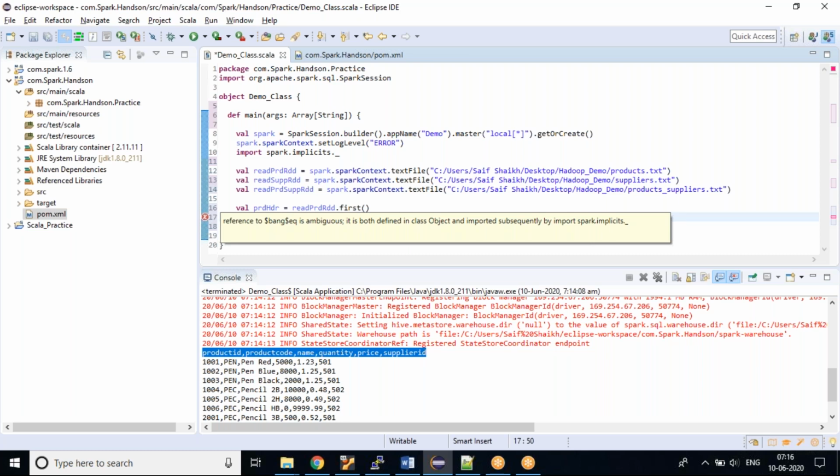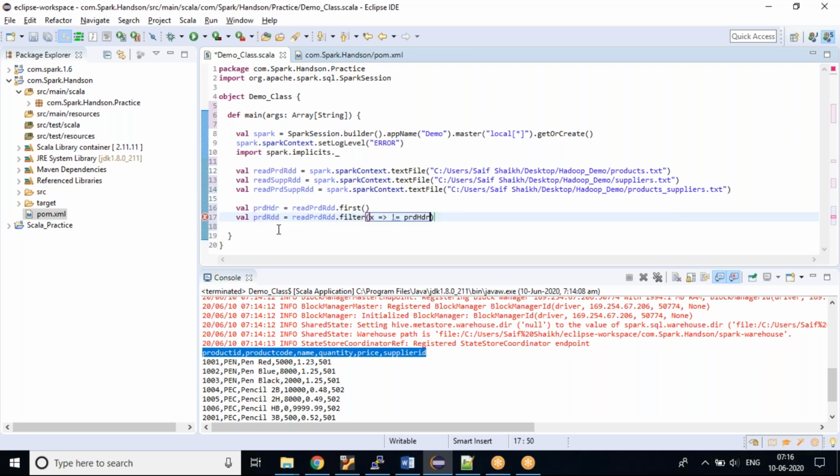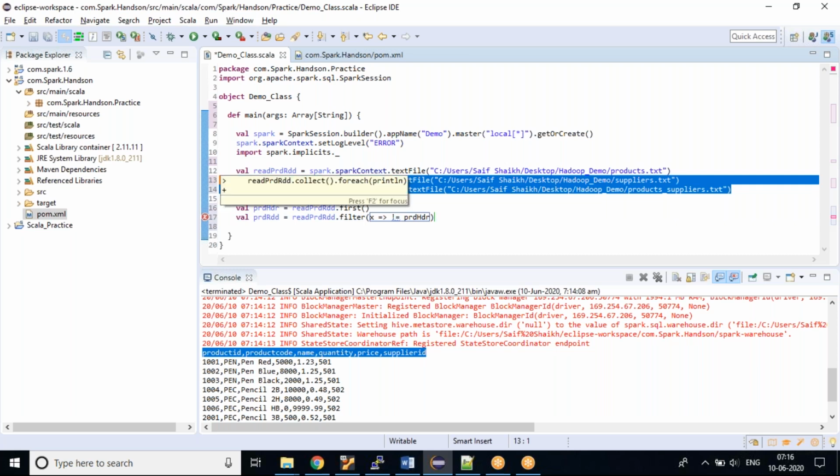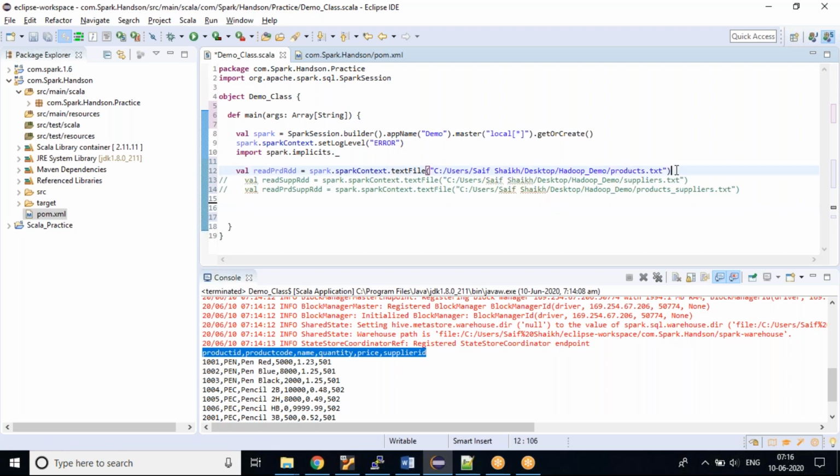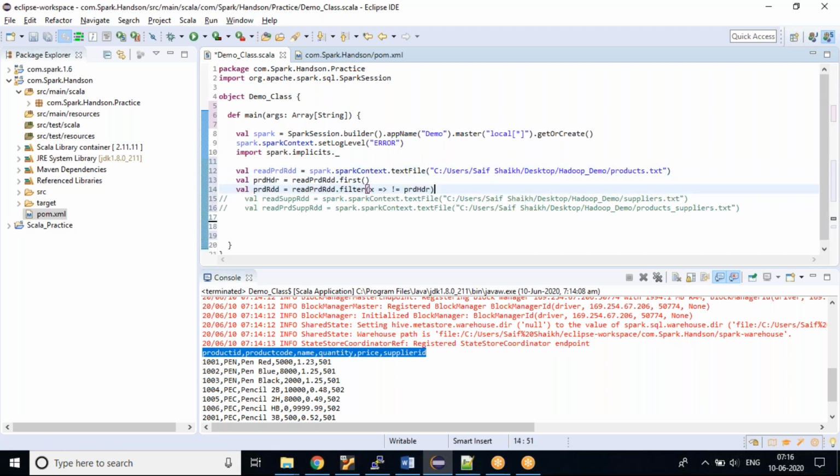It is telling it is ambiguous. Well, product RDD, I'm reading this, and this should be removed. Okay, that is fine. Let me comment this out and take this. First we'll see one file conversion end to end, then we can move to the second one. That will be easy for us.